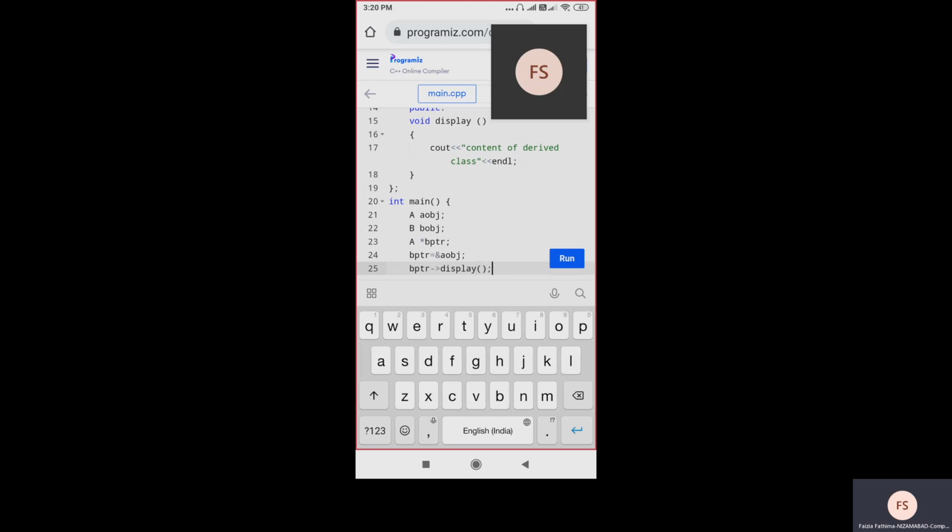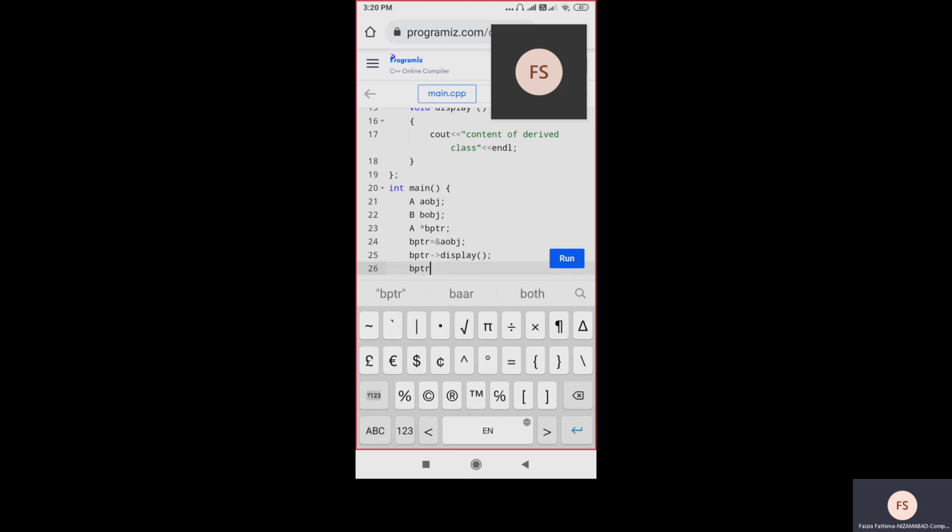Same again, I am using the same pointer, but this time this pointer is pointing to the address of, one second, the object of B. So ampersand B object. Okay.